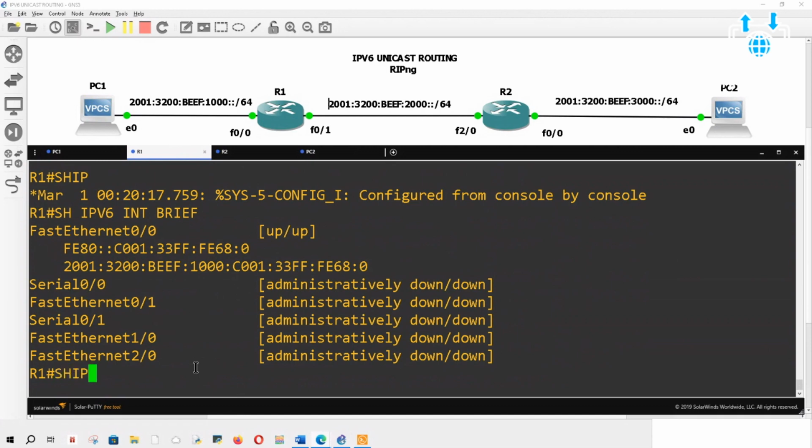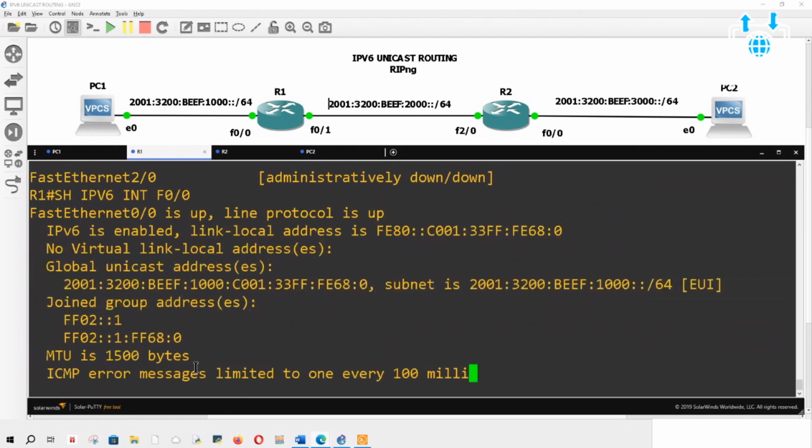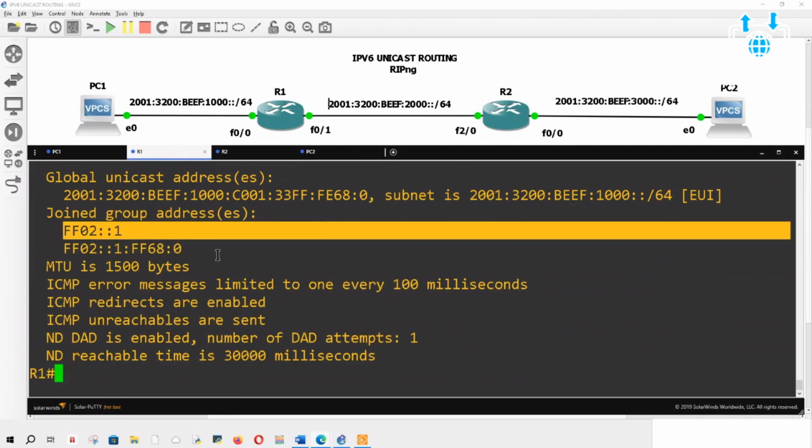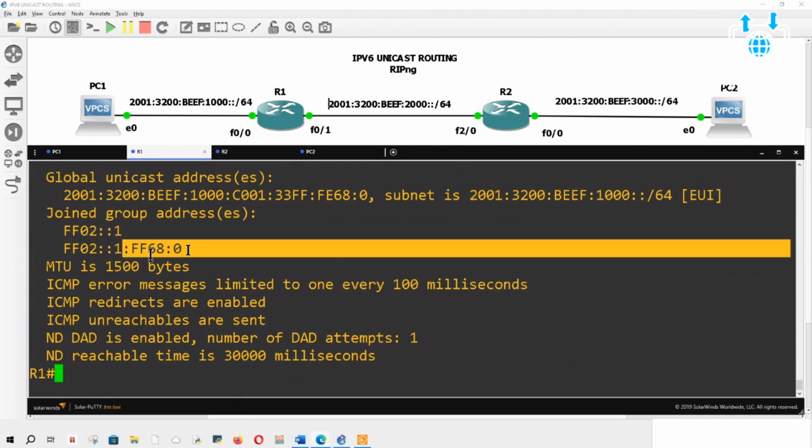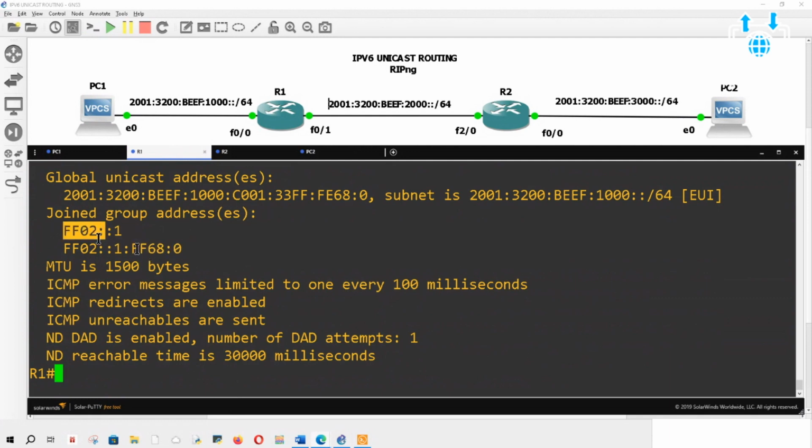But more importantly, let's take a look at this command. Know this command: show ipv6 interface F0/0. And now we see this. What is this? This is the all-nodes address. It's a multicast for all nodes. Don't worry about the second part, the last 24 bits. But this means it's going to send to an all-nodes address. It's a multicast because it's FF, but it's all nodes. So what does that mean to this PC?